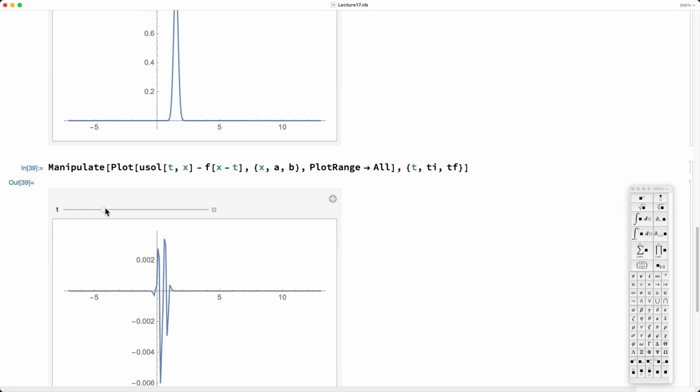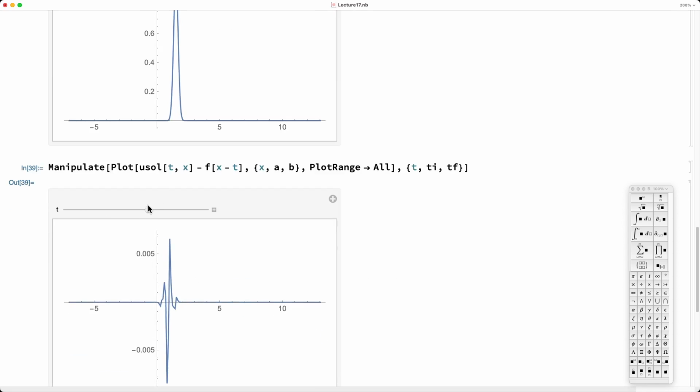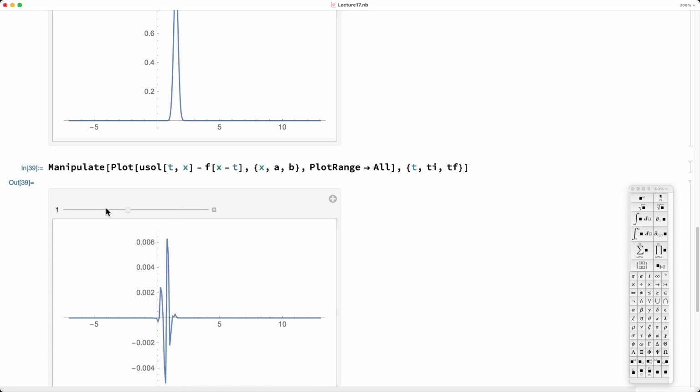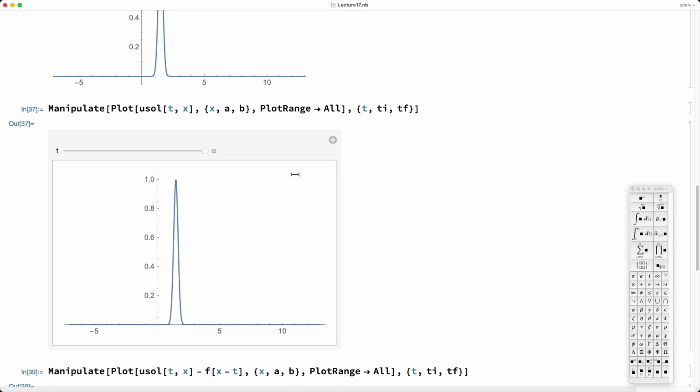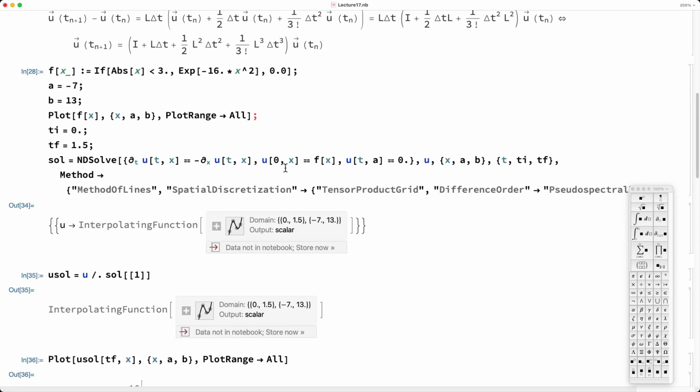So let's put u solve minus f here, and you see that the error is around 10 to the minus 2. So we only have 2 digits of accuracy. Basically, the third digit is inaccurate. Okay, so with that in mind, let's go ahead and